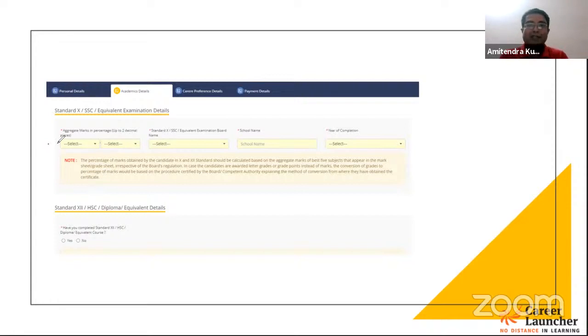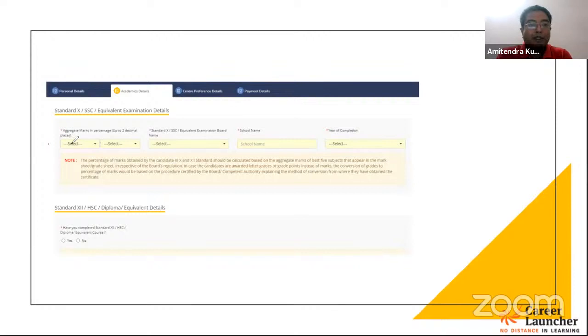If you have got grades, then you must know about the conversion factor. For example, the CBSE conversion factor is 9.5. So if you got 10 out of 10 CGPA in class 10, then your marks will come out as 95.00, 95%. Similarly, every board has a conversion factor. So if you have received your marks in grades or CGPA, please check with your school authorities and understand what multiplier is used there, and accordingly convert your grades to percentage, and fill that over here. So best 5, even if you have appeared with more papers. That is the point to be noted out here.